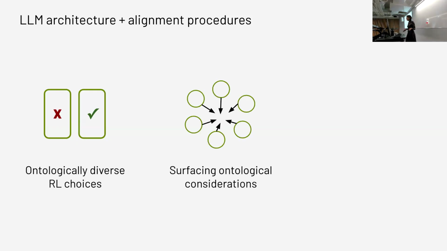The other one is when we think about approaches like constitutional AI, which I briefly described. Again, different people contribute values, or the research group contributes values to this constitution, and an LLM is checking itself. What does it mean to expand the imagination of people toward ontological plurality and not just value-based differences?